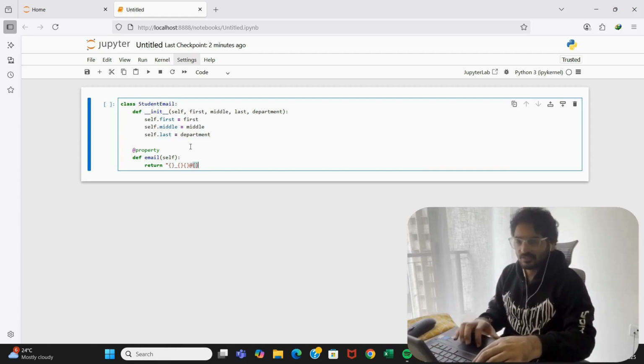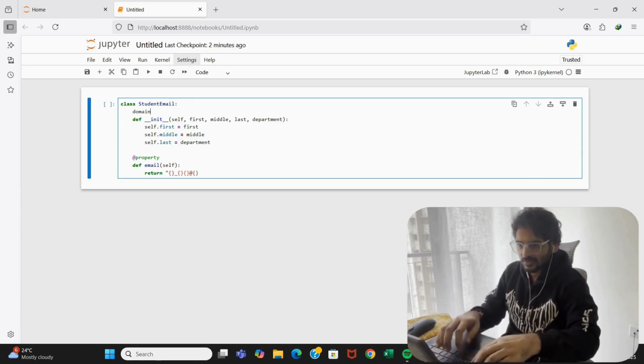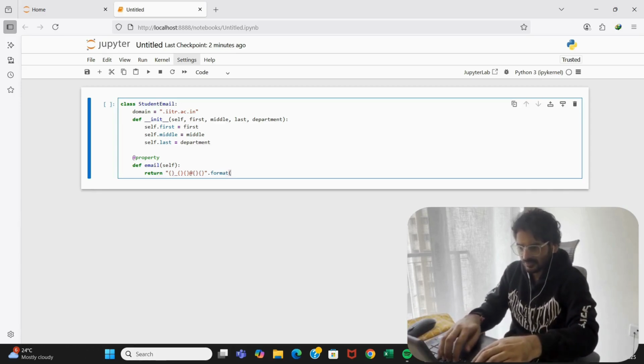Actually, we can make the domain name a class variable because it's going to be common everywhere. So let's call it domain is equal to .iitr.ac.in, right? And we'll call it after the department, right? That's the string. Let's format it, and we'll put